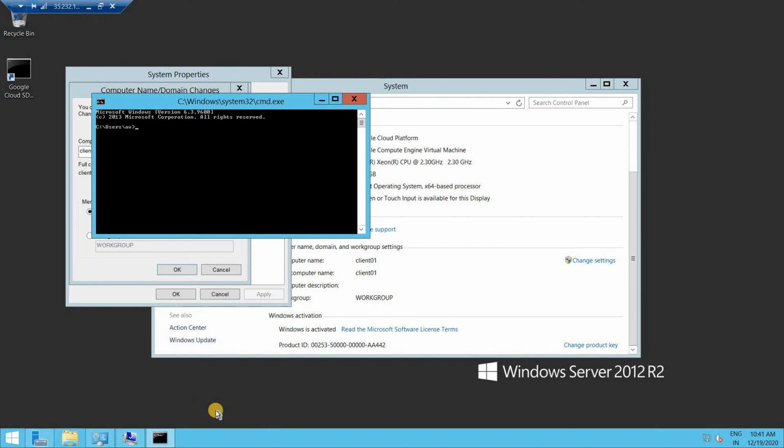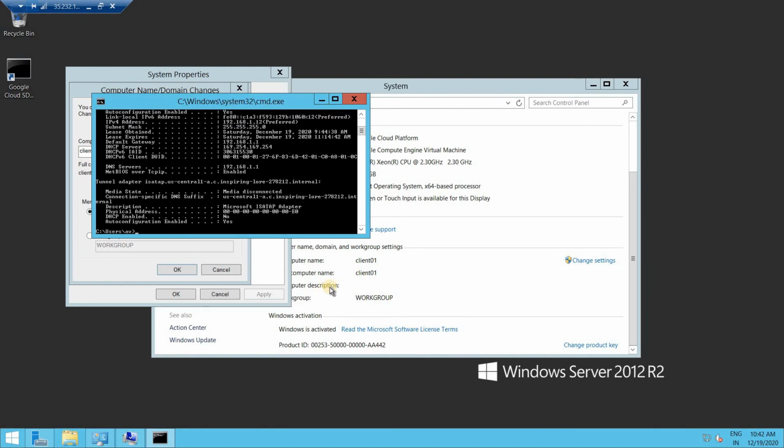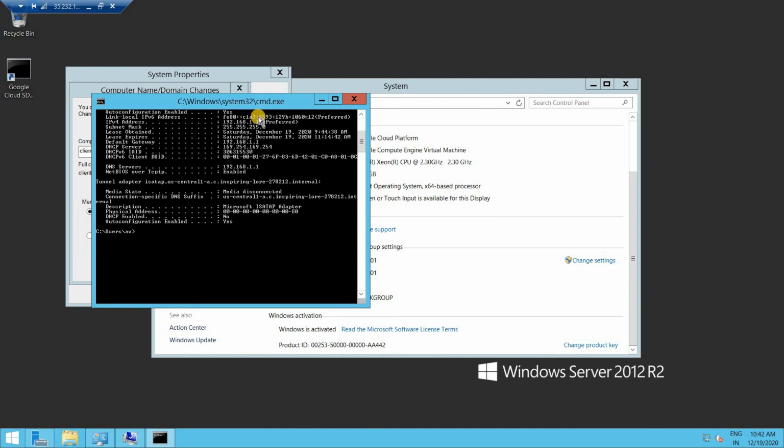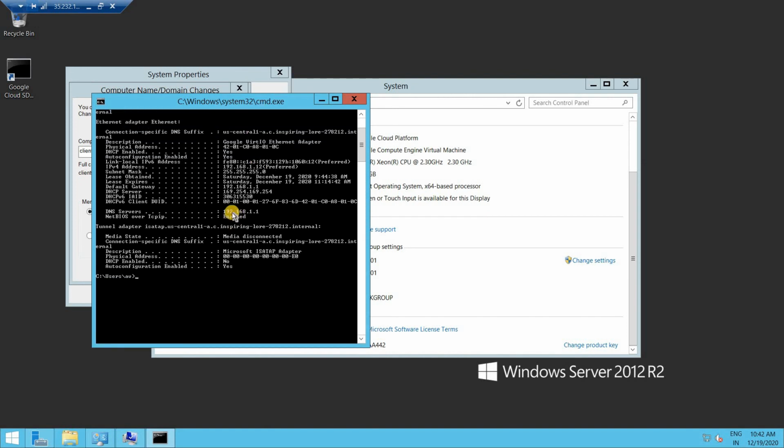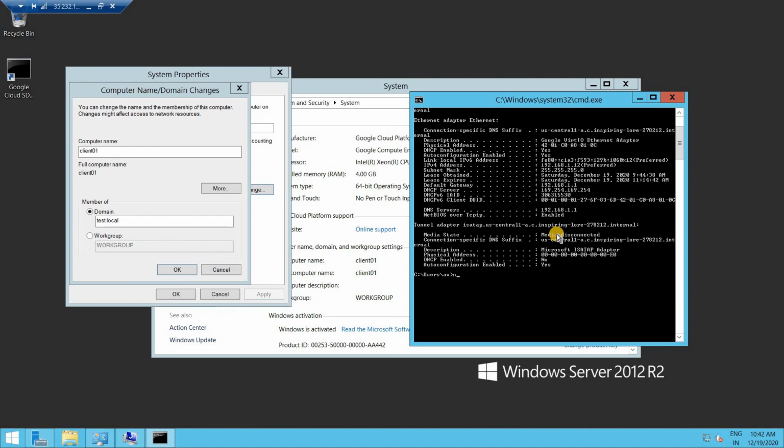So probably there are two things: whether you define your IP as a static on this machine, or the second, maybe you can define this range into your VPC, and like in AWS, you can always define a DHCP option set where you can have your NTP and domain details there. So if I type here ipconfig /all, you will not be able to see the entry of that DNS in the DNS. So there is a generic DNS server, right, which is for this range, but we need to put this.